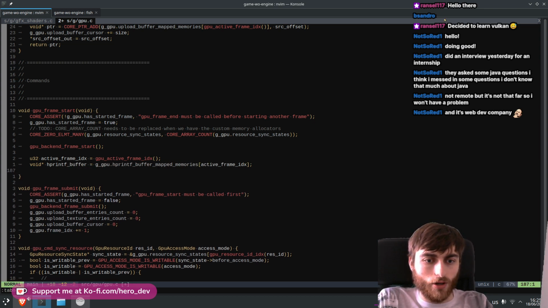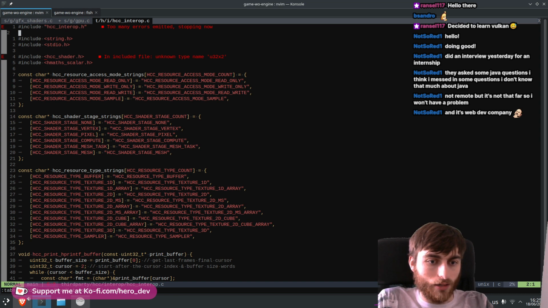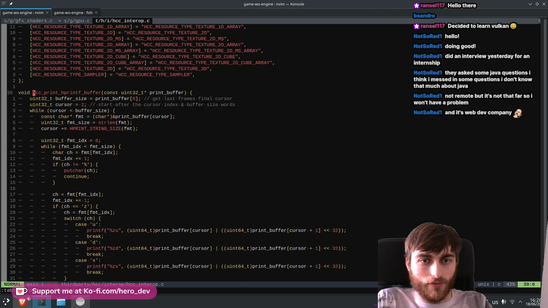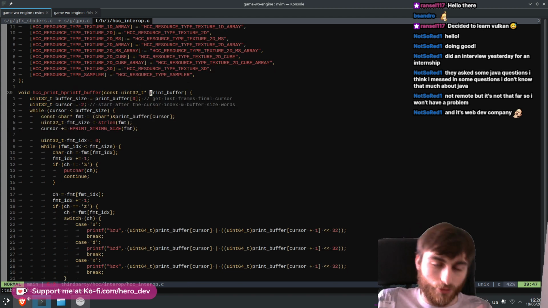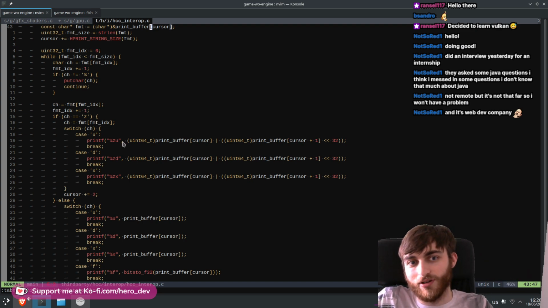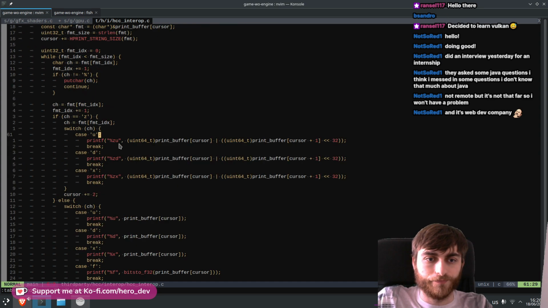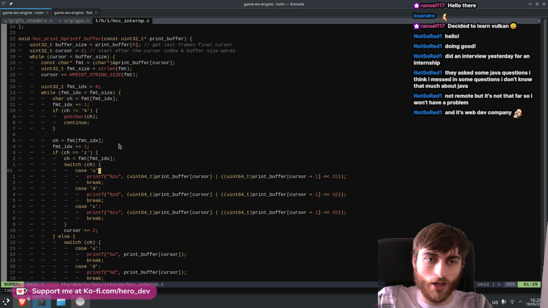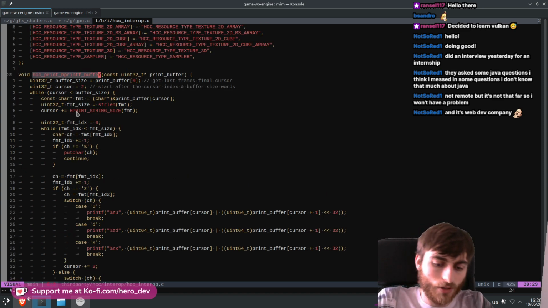And what's really great is that HCC comes with a really good interop layer, and we can give it the hprintf buffer, and it will scan over all of that and basically do the formatted printing into the terminal. It's not the best implementation. I just threw it together because I just wanted to get something working. It's missing tons of features, but for now it will do, and it at least allows us to get something out. So we should just be able to call this guy,